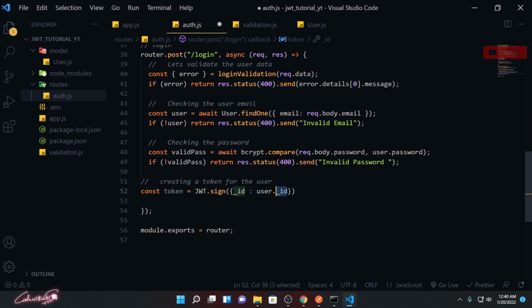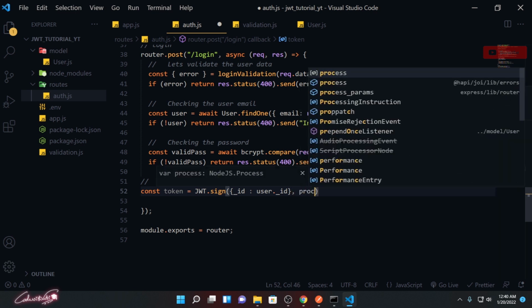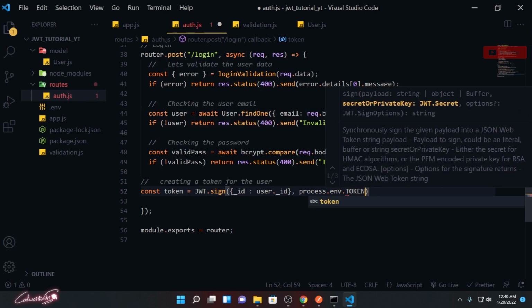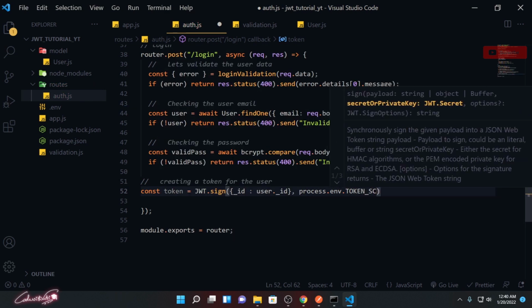This user is our model object, and we are passing that ID through it. And we need to encrypt that token, so I'm going to use process.env.TOKEN_SECRET.